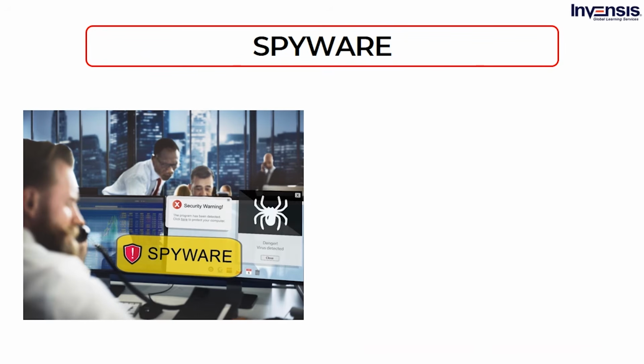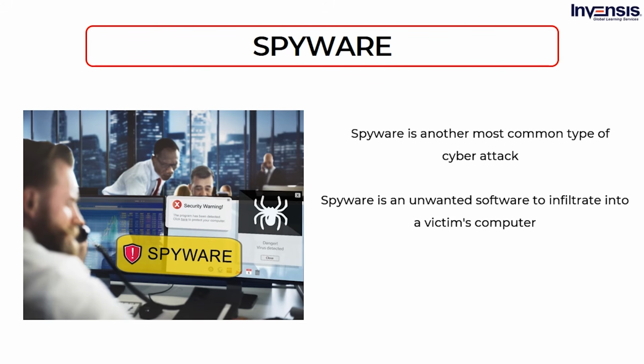The next type of cyber attack is called spyware. Hackers use spyware, which is unwanted software, to infiltrate a victim's computer in order to have access to their sensitive information and internet usage data. It is a type of malware that uses malicious software to gain access and damage a computer without the knowledge of the user. There are again 4 types or categories of spyware, commonly called